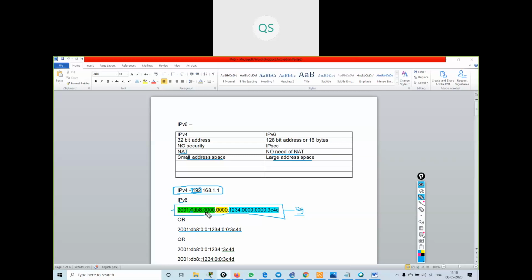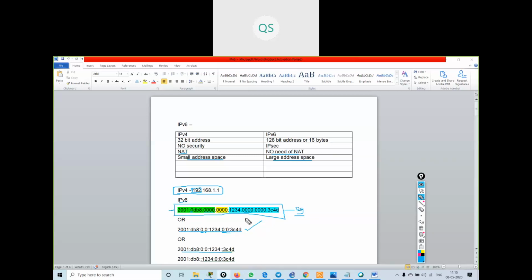Now for all the zeros in one quartet, I can write a single zero. So I can shorten this long address in this format, or I can use another format.